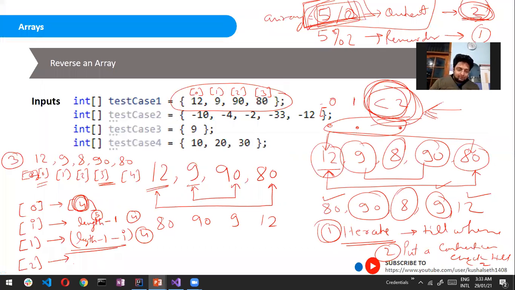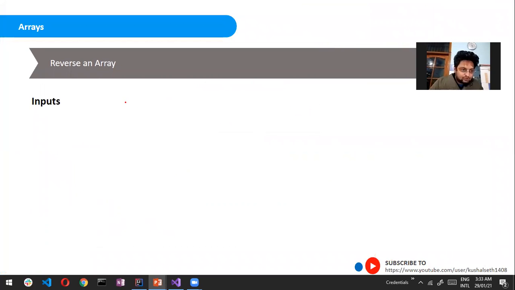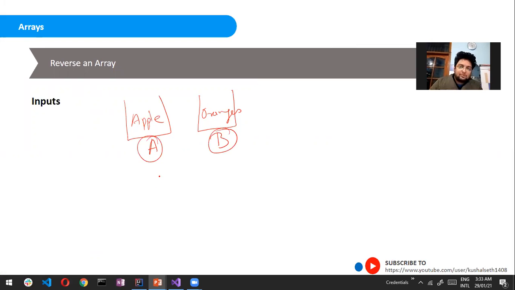Just to give you a very small brief, I will take this new screen. Suppose I give you two boxes, and in one box I put some apples and in the other box I put some oranges. If I say you have to put oranges in box A and apples in box B, what will be your approach?